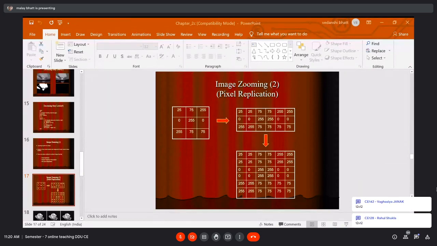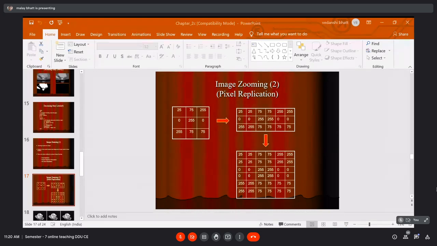So now if you do replication in this way, what will be the impact on the image? Let us consider that you were given a 3x3 image like this, and you will convert it into 48x48. You are doing replication several times.